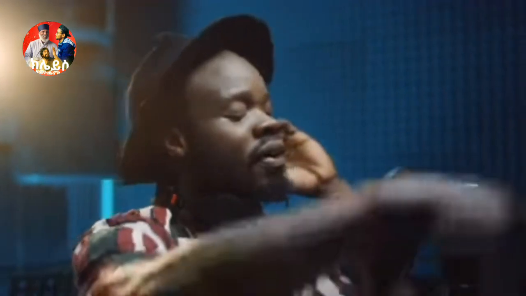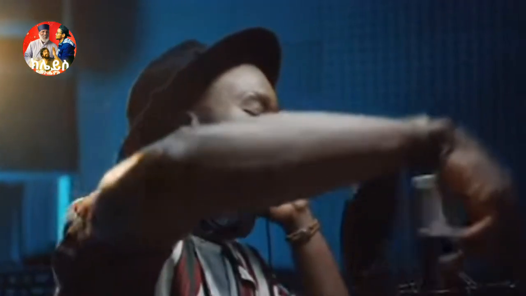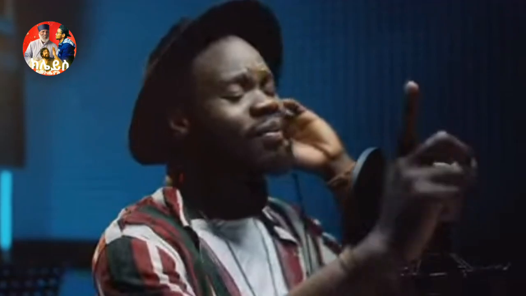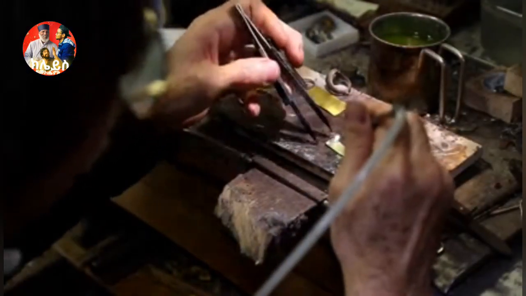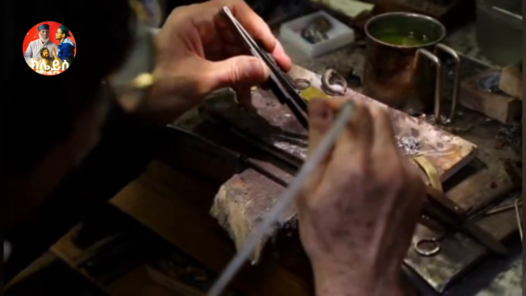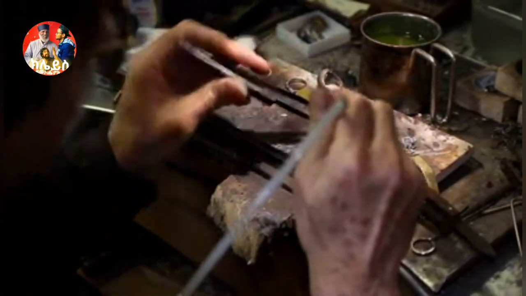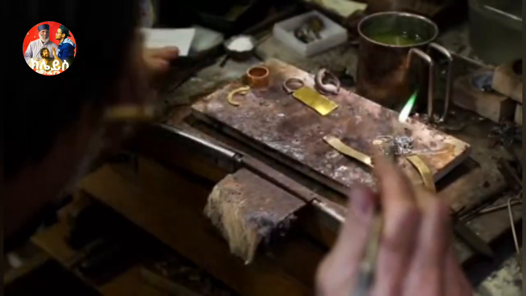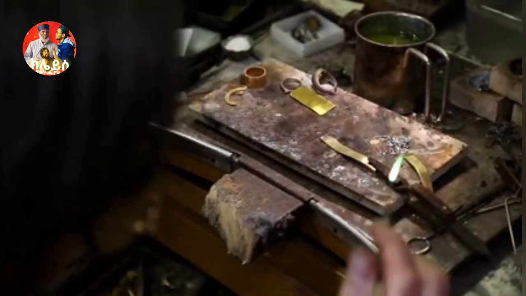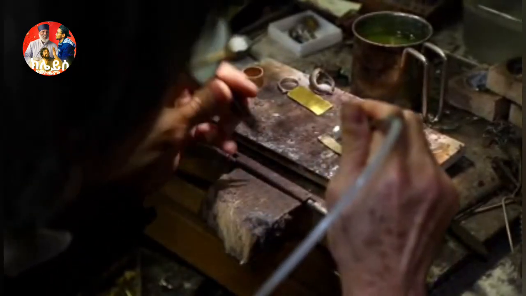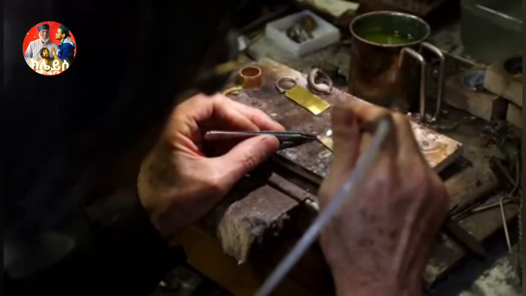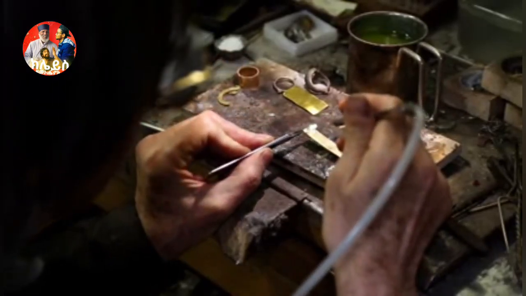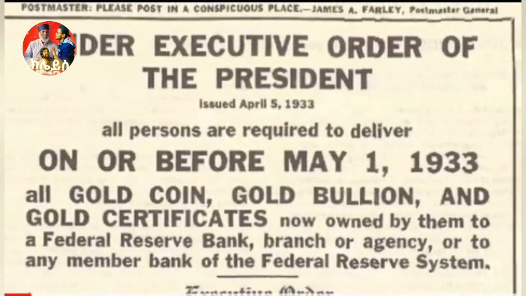Nowadays, gold is associated with jewelry, like the heavy gold chains we have seen on most rappers. But most of us don't know that gold was actually used as currency in the past. During the 1930s, the US government seized every US citizen's gold and banned them from purchasing gold until the 1970s. Let's take a look at the order that was made by the government.